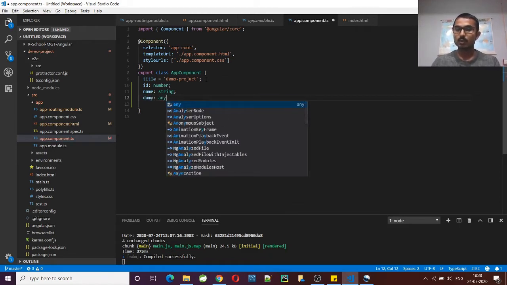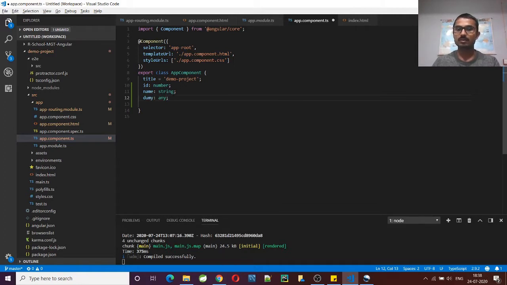Whatever the value will be for this variable, it will assign that to this variable, and at runtime it will decide what the data type would be. It might be an array or string or number or anything.